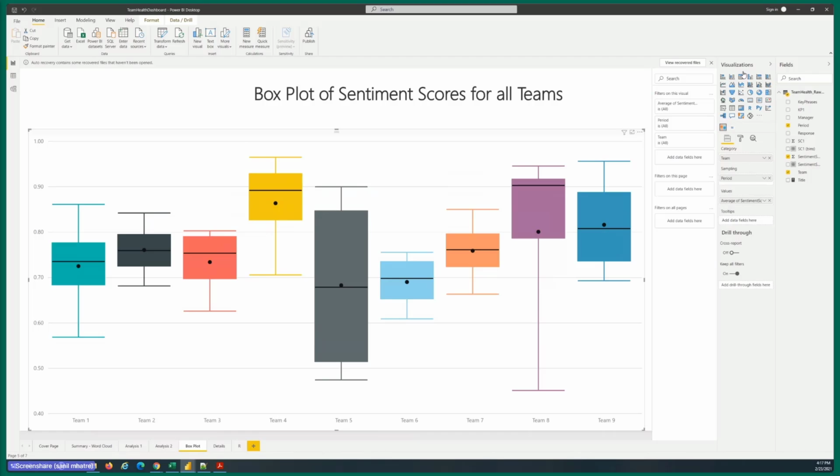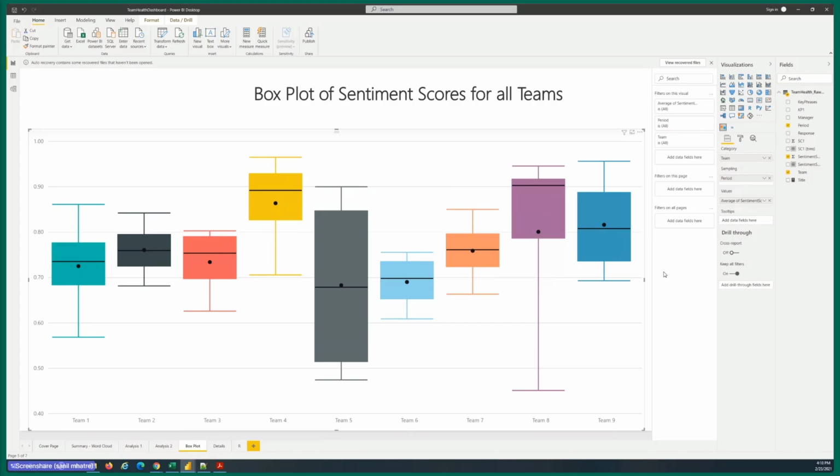On the left-hand side in the visualizations pane, you'll notice that under category, I have dragged and dropped the teams column. Under sampling, I have the period, and then the values are the average of sentiment scores. And the values column is what's going to show up on the y-axis. So you'll notice the y-axis has a range that maxes out at 0.1. And then on the x-axis, you have the teams that go from team 1 all the way to team 9.